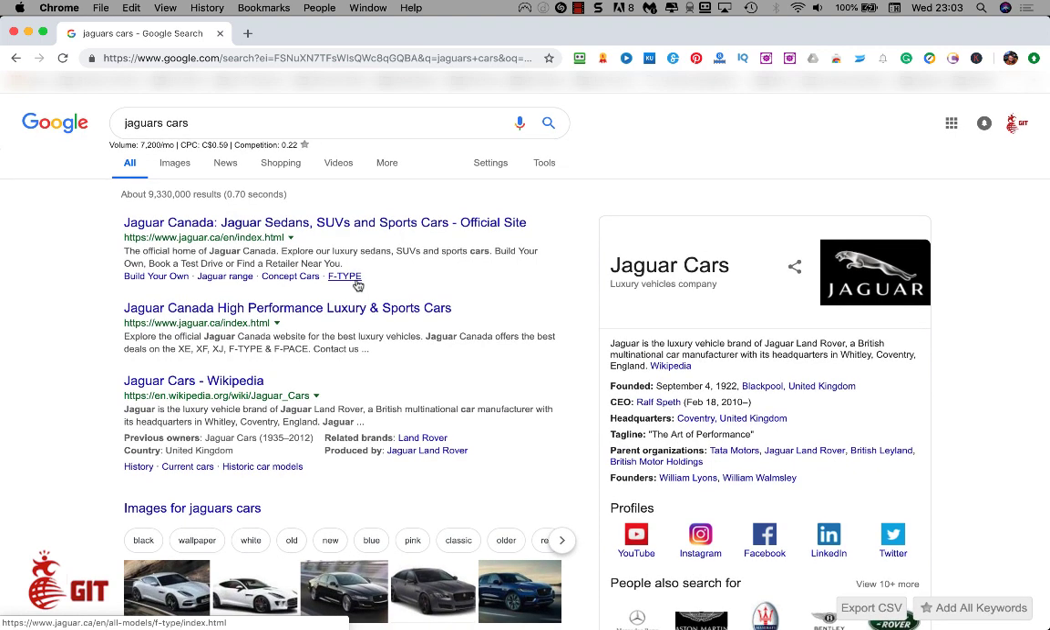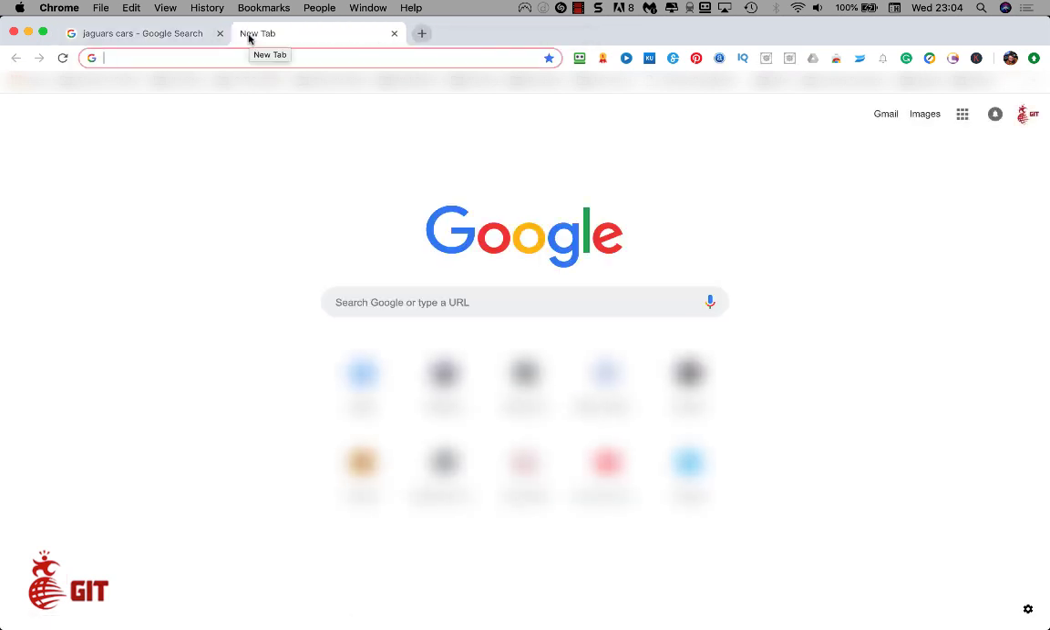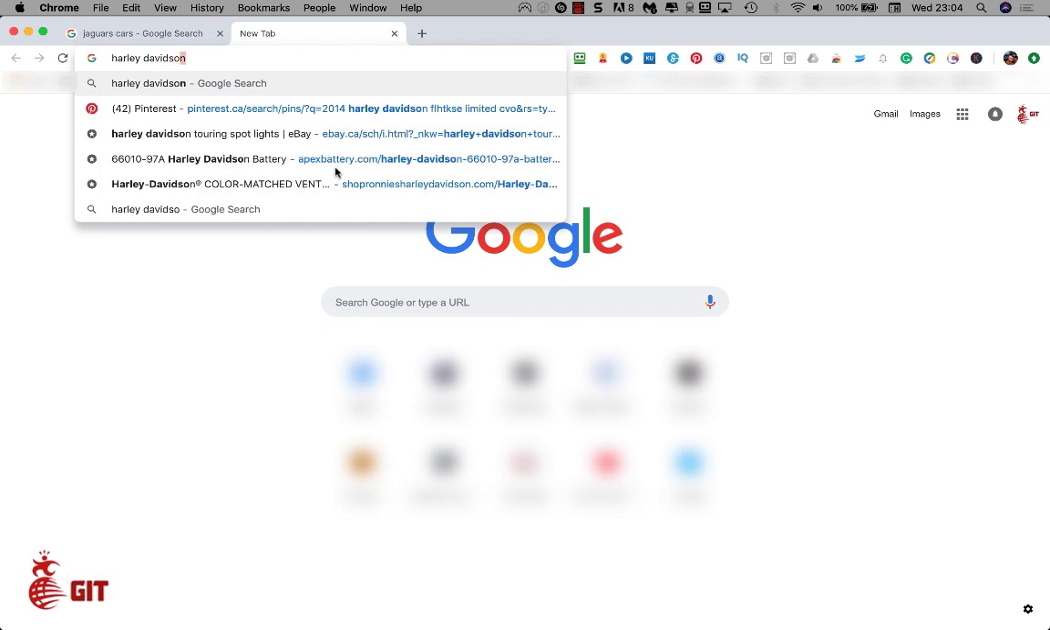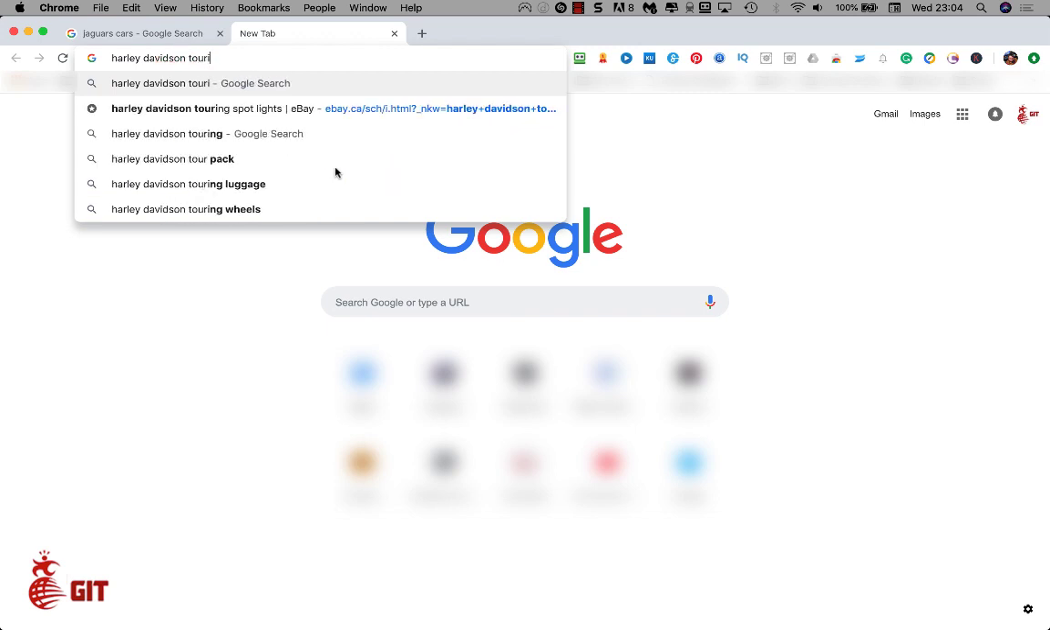Now if I wanted to look at something like Harley Davidson motorcycles, I'm going to come up here and click on this little plus sign, and the plus sign allows me to open another tab. So we're going to open another tab. We're going to go Harley Davidson Touring,